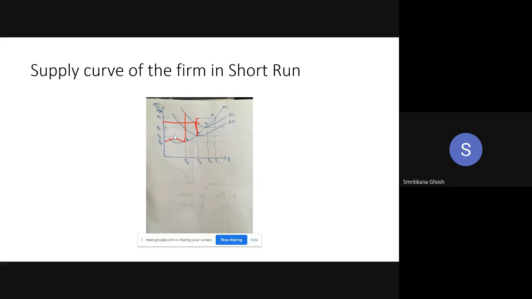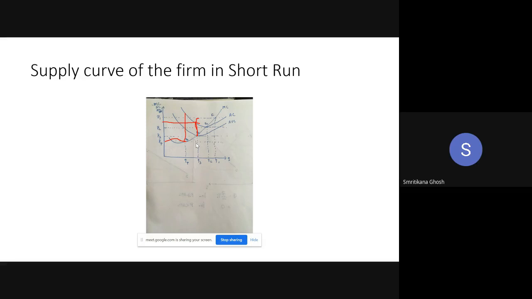Once you stop the production, your variable cost will be zero. If you are in production, your income is such that you cannot cover your variable cost. So it's better to stop your production. Okay. So here also, to minimize the loss, it's better to stop the production. From where do you do that? Just from the minimum of AVC. Any price below the minimum of AVC will give you this situation, where not only the fixed cost, you cannot cover your variable cost as well.